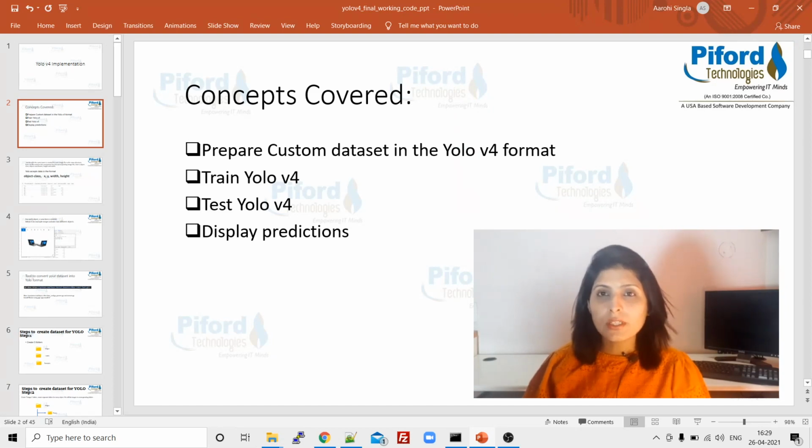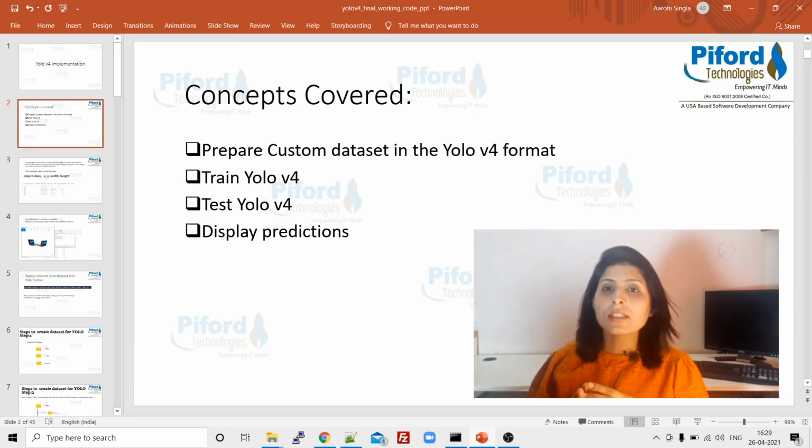In today's tutorial, I'll teach you how to implement YOLO version 4, right? Whenever we work on any problem, the very first task is to prepare the dataset in the format that particular algorithm accepts. So first of all, I'll teach you how to prepare your custom dataset in the format of YOLO version 4. This will be our first task.